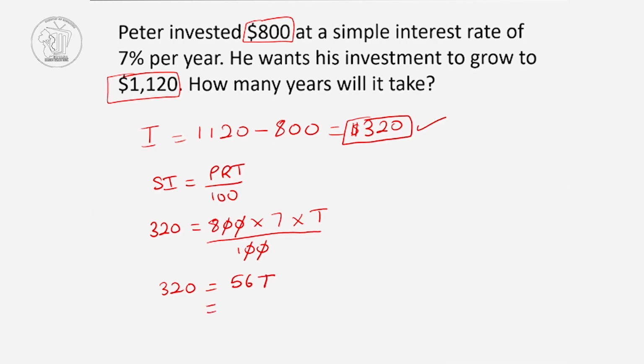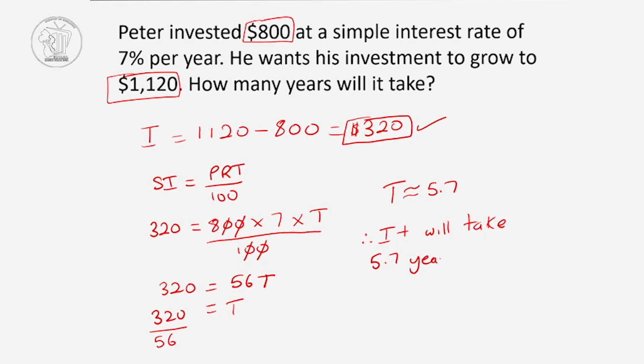So to solve for t, we say 320, the 56 is multiplied, so we take it over to divide. And 320 divided by 56 would give me approximately, so t is equal to approximately 5.7. So we can say it will take 5.7 years to grow to